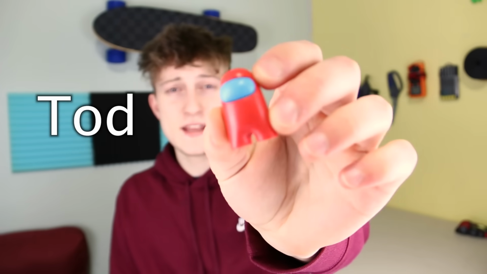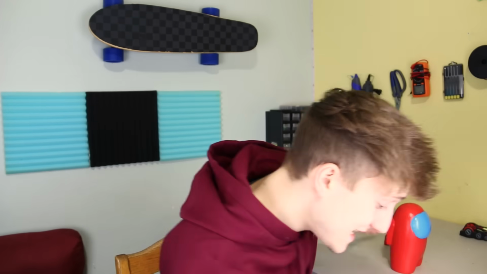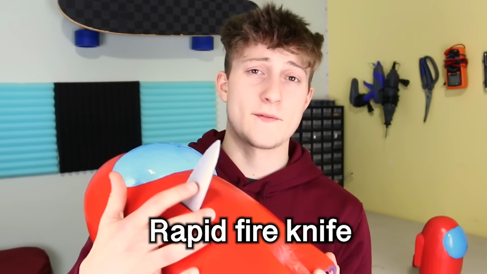This bad boy's named Todd, and he is the baby imposter. But this is Bob, and he is the actual imposter. Imposter, because this is the real imposter, and his name is Dave. Now Dave is equipped with a rapid fire knife and feet that walk, and by walk, I mean drive, using